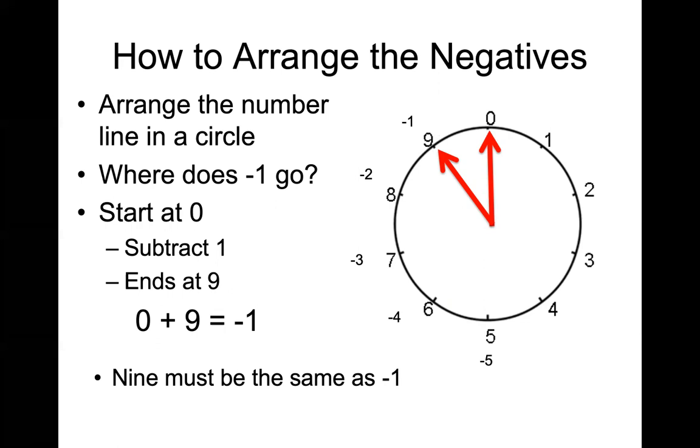But the tricky thing that's happening here is the same representation, for example, the decimal number 9, is now going to mean two different things. If we're not trying to represent negative numbers, the digit 9 is going to represent the number 9. And if we are trying to represent negative numbers, the number 9 is going to represent negative 1. Similarly, the digit 8 is going to represent either the number 8 or the number negative 2. And this is only true of negative numbers. The positive numbers, the representation 2 is going to mean the value, the number 2, regardless of whether we're trying